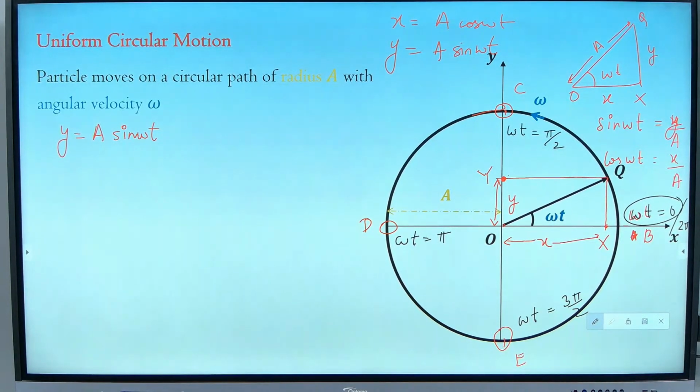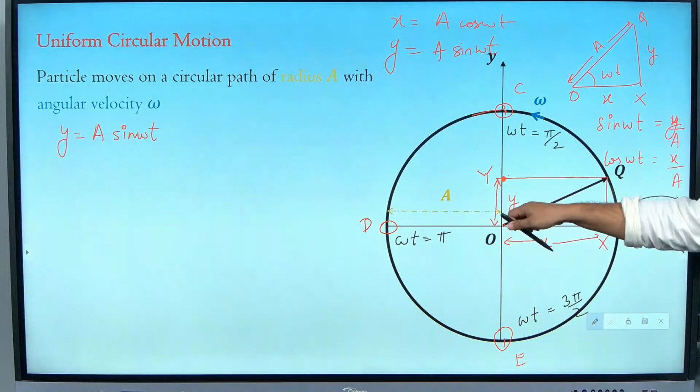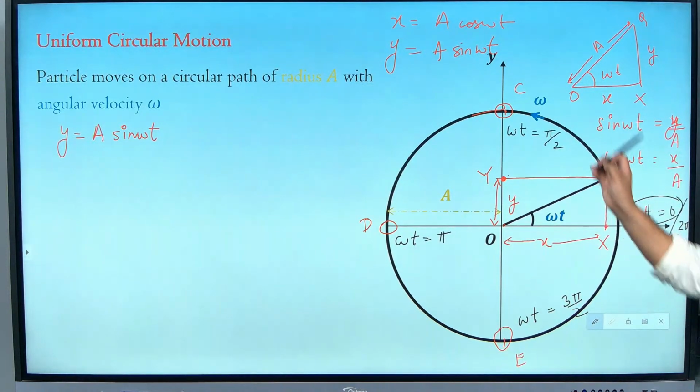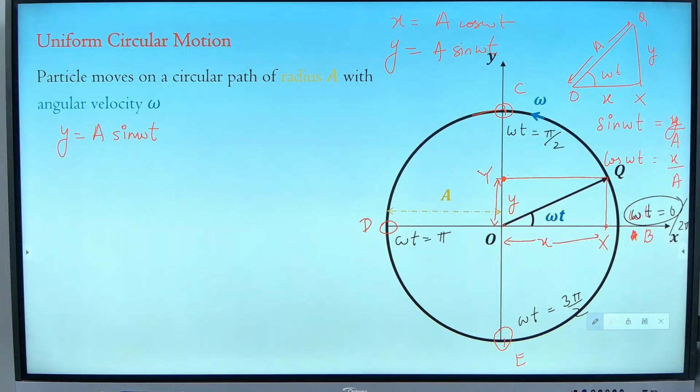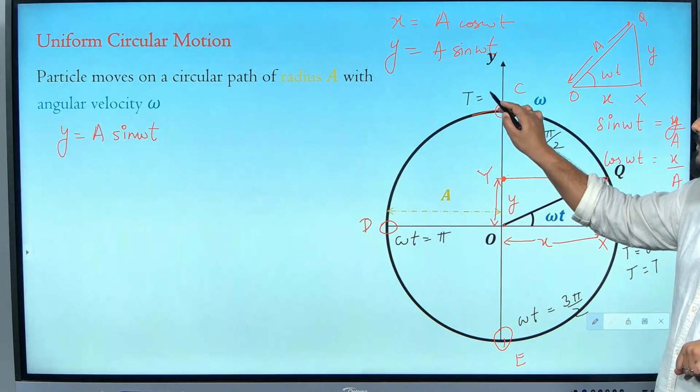So how the angle is changing, is that your understanding? From 0, pi by 2, pi, 3 pi by 2, 2 pi, once again it will go like this only, keep on going. If I talk in terms of time period, here t is equal to 0, the starting point. The whole thing is t equal to T. Time period is the time taken to complete one oscillation. If I divide the time also, here time will become T by 4.